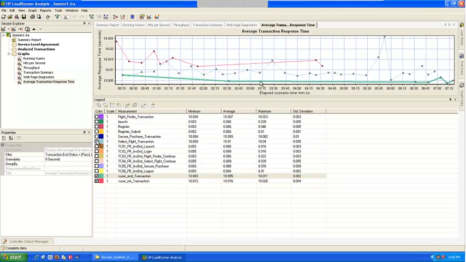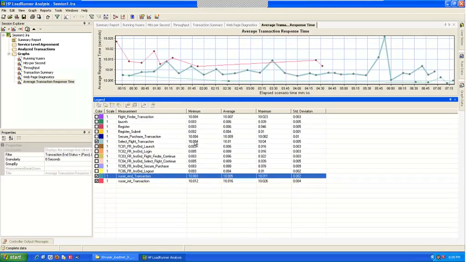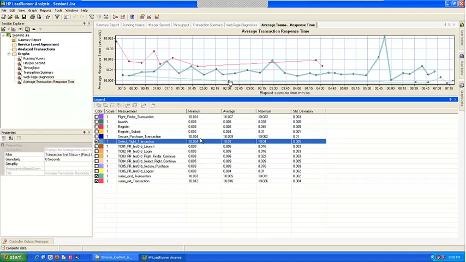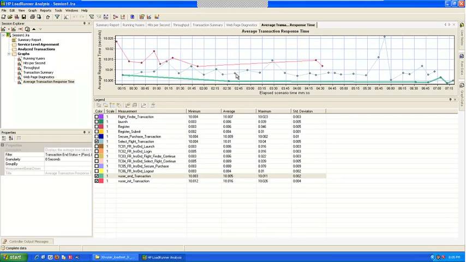If I enable this graph, you will see here, this went up to 10 seconds, flight reservation transaction. So it is able to differentiate. You see here? Yes. It's able to differentiate these. This is how it will come up when you are actually working with your application. But you see here, there is a spike.